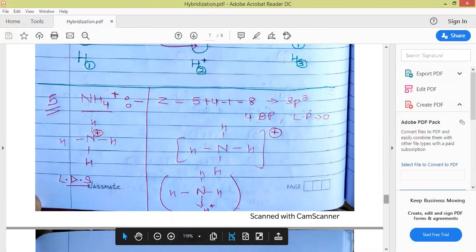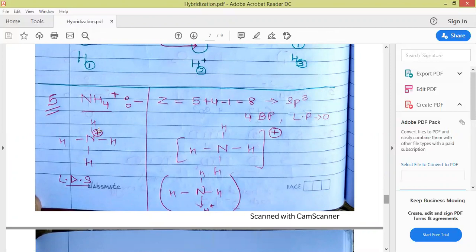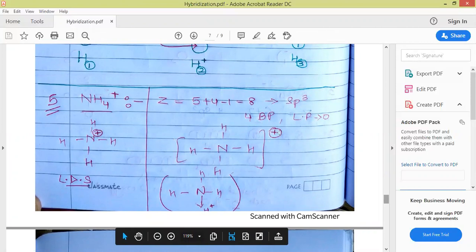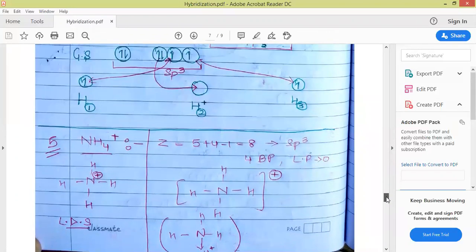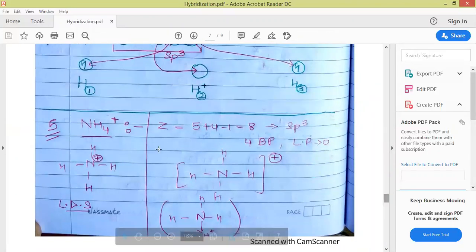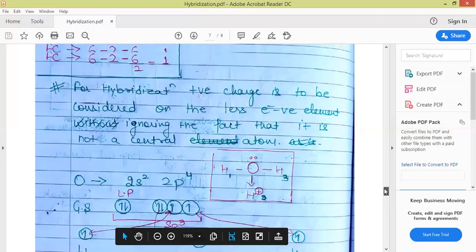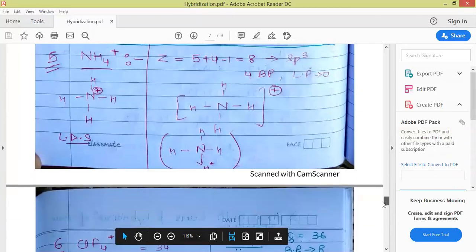Here, according to the Lewis dot structure, the positive charge is on the nitrogen, but in actual, the positive charge is on the H positive, or we represent it in a better way as the charge present on the whole molecule, delocalized on the whole molecule. So this is drawn in a similar way as we have just discussed for the case of H3O positive.